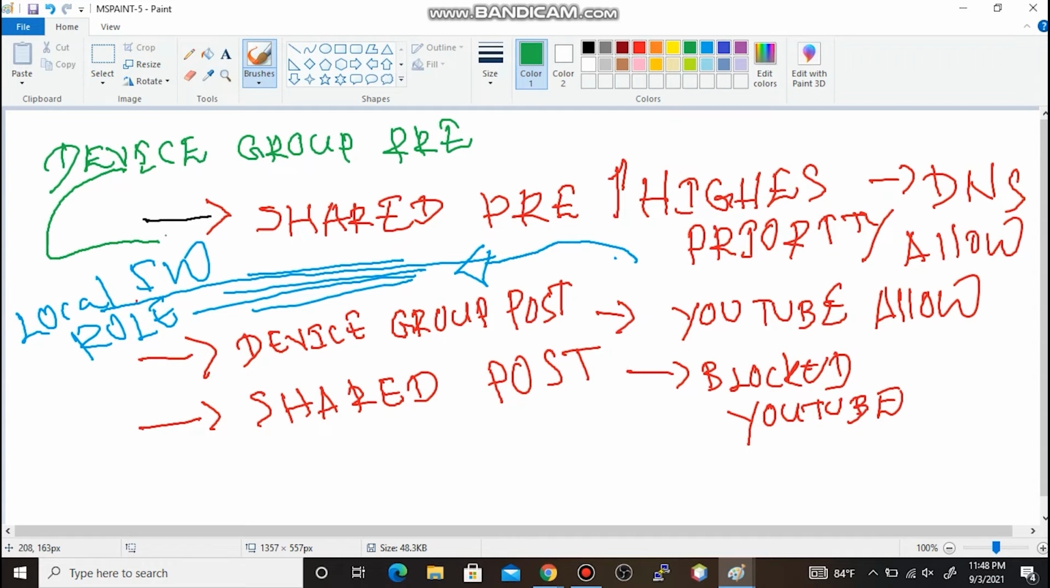That is in between shared pre-rules and local firewall rules. The device group pre-rule should be placed in between shared pre-rules and local firewall rules. So the location is this. So let's get a